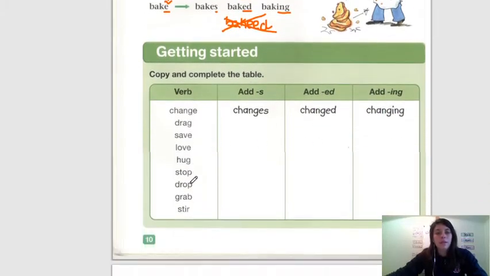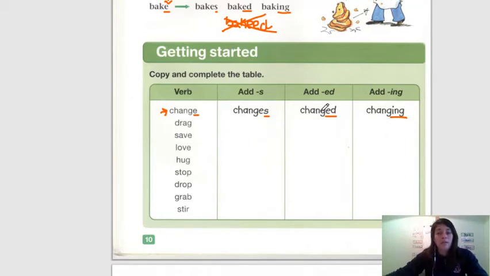Now this is the list that we started to study on Monday, okay? Now I know some of you didn't finish, so let's go ahead and finish this right now. We're going to take the word change. It's already done for us in the example, okay? So change, when I add an S, remember change follows the rule that it ends in an E, okay? So changes, I just add the S at the end. Now changed, there are no two E's here. So I dropped one and I substituted for ed. And in changing, I don't have